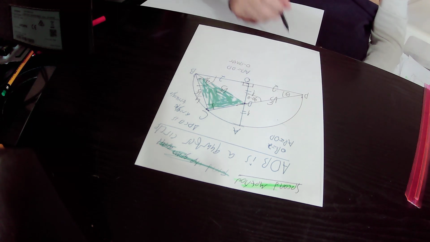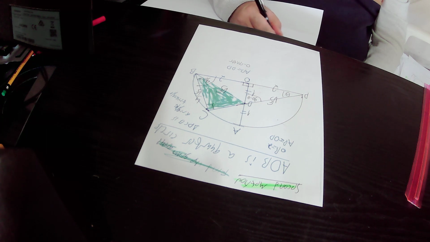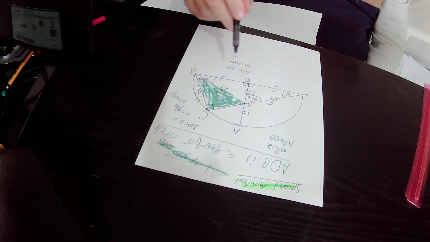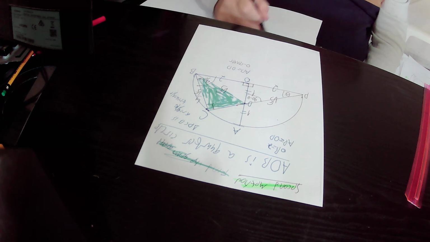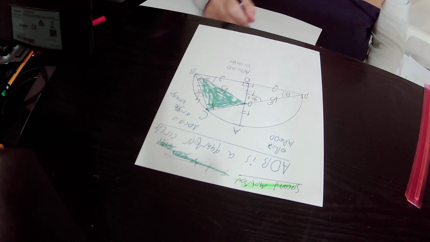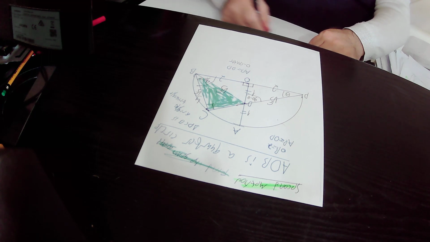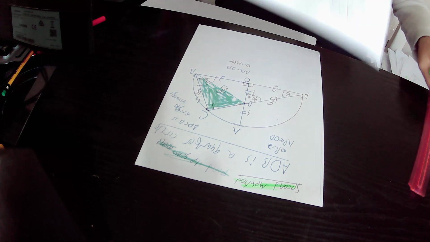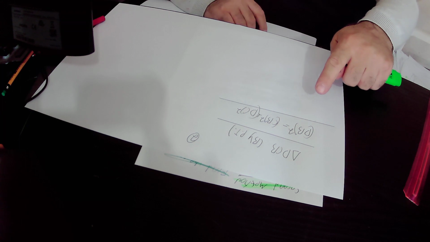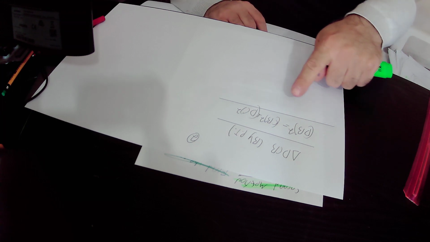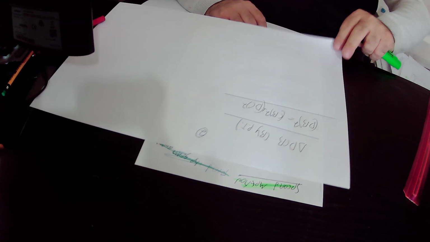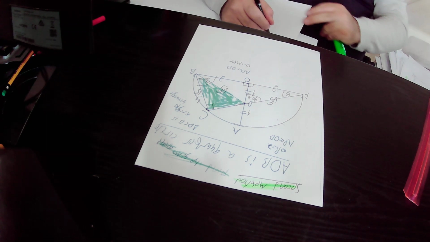that is to say DB squared equals CB squared plus DC squared. Repeat again, in the right triangle DCB, according to the Pythagoras theorem, DB squared equals CB squared plus DC squared. So DB squared